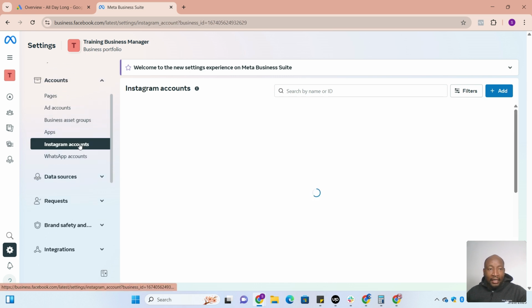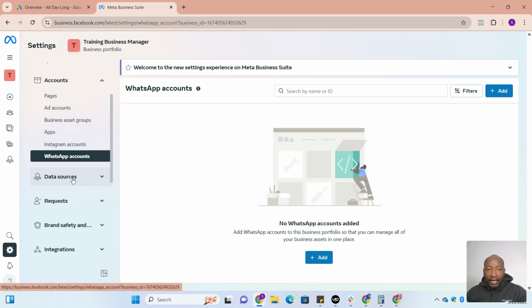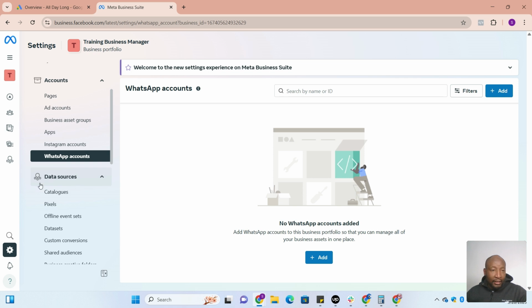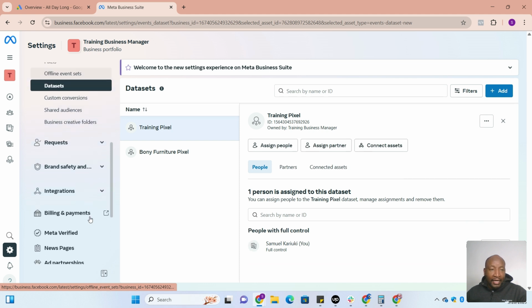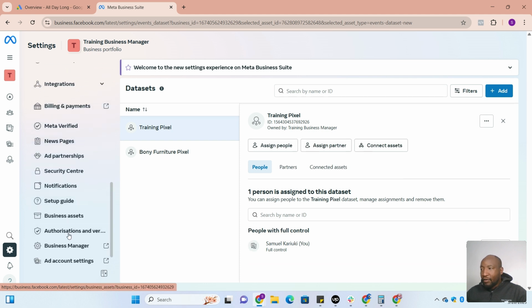You can also add an Instagram account, WhatsApp account, data sets. These days, pixels are called data sets. So you can create data sets, you can give people data sets, and do all these other things using Business Manager. So I hope that gives you an overview and helps you add people, create pages, and create ad accounts that way. So in the next lesson,